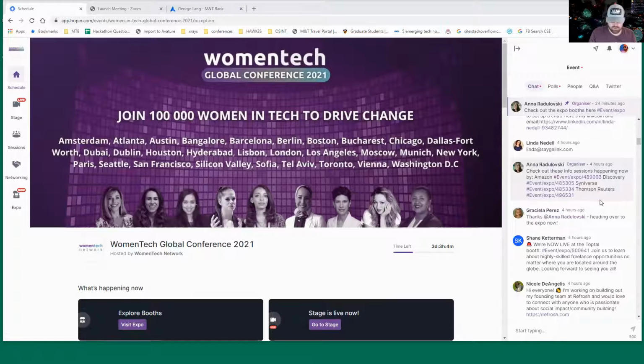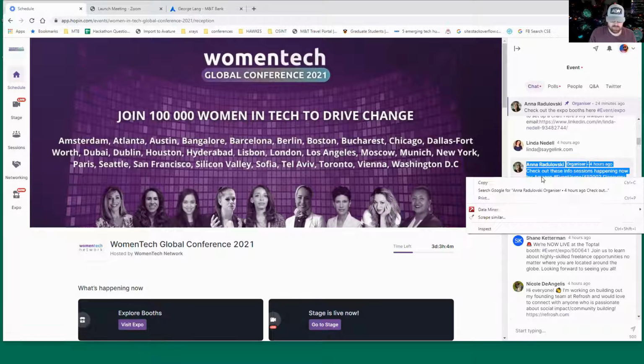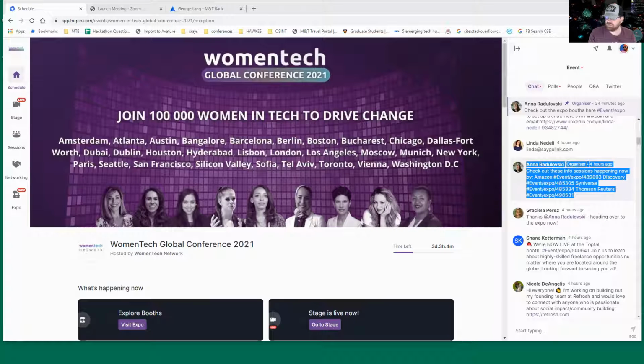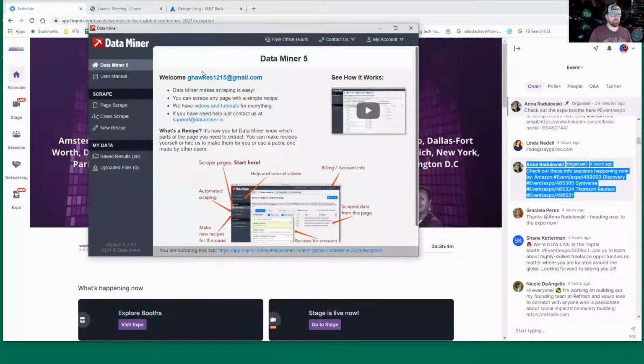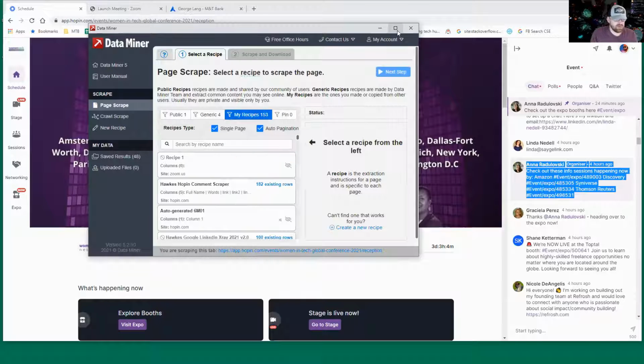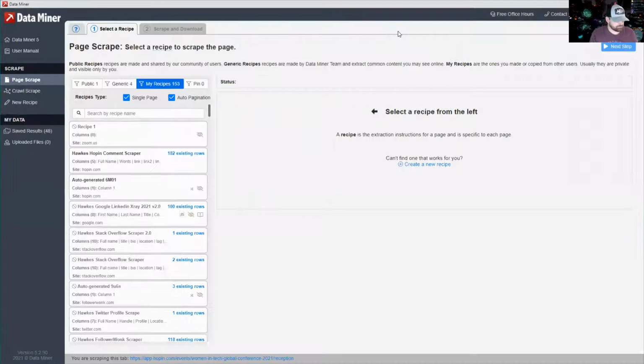Let me show you what I did, because I had to build the recipe in a little bit of a different way than I typically do. But that's why you practice with these tools. You get used to them, so you can understand how they work on the inside, and you can have some more customization on certain things. So basically, I've built this recipe,